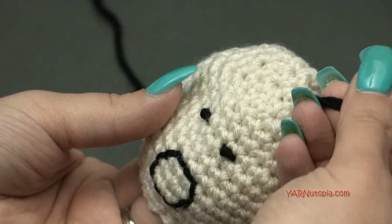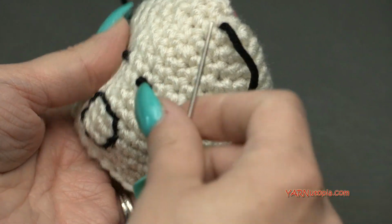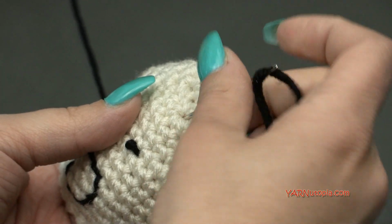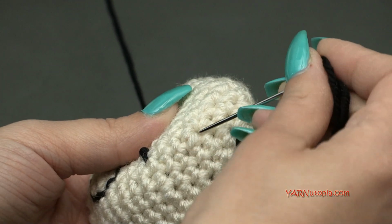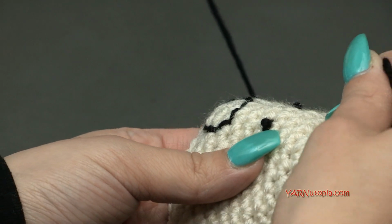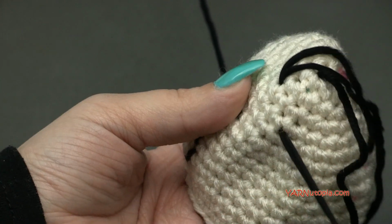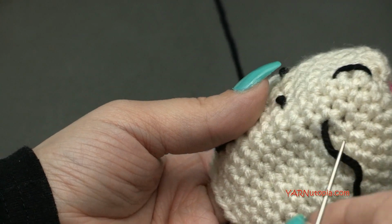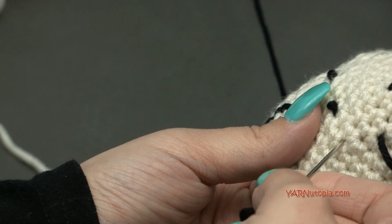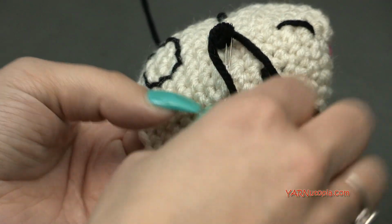Okay, and then we're going to pull out some yarn. Okay, and then we're going to just go down to here and then make a zigzag. So I'm going to come down to here, and you can really just eyeball this. Okay, and then over to here, and then down here. Okay,